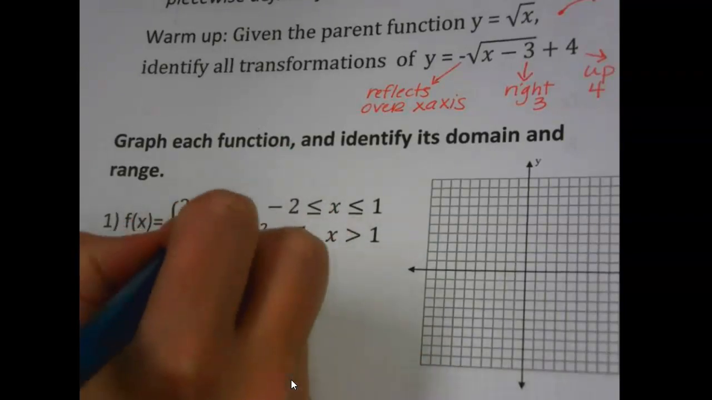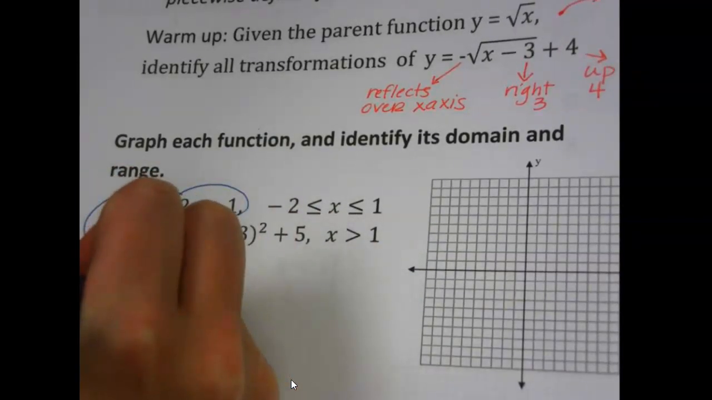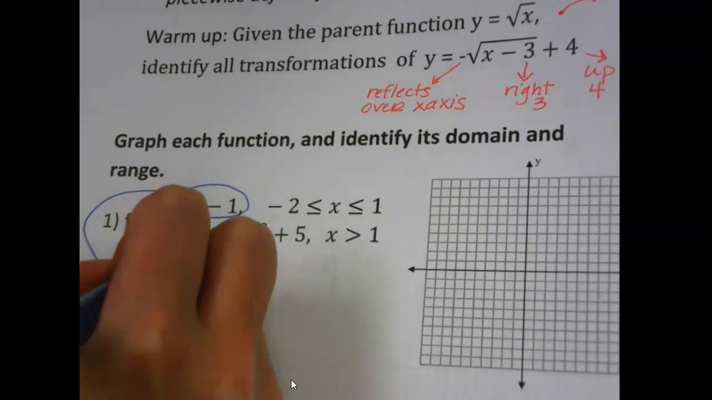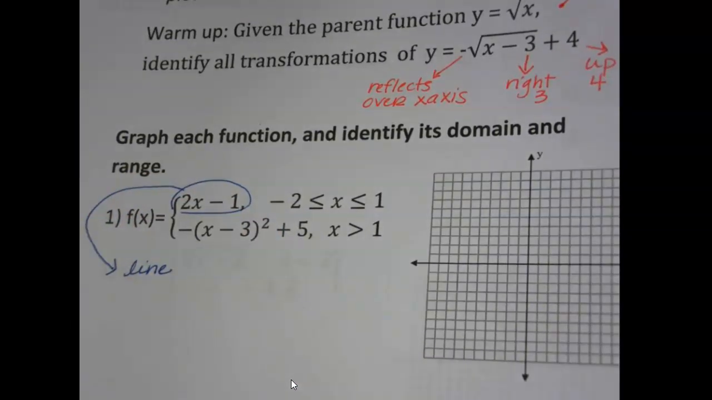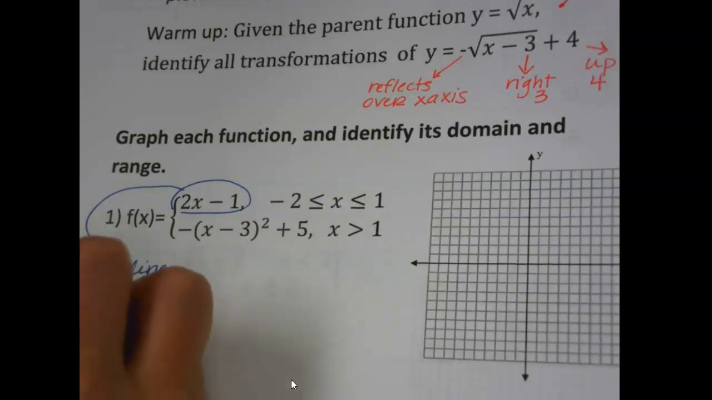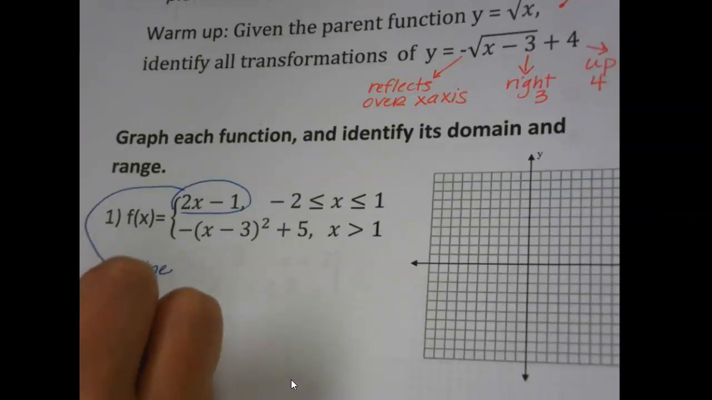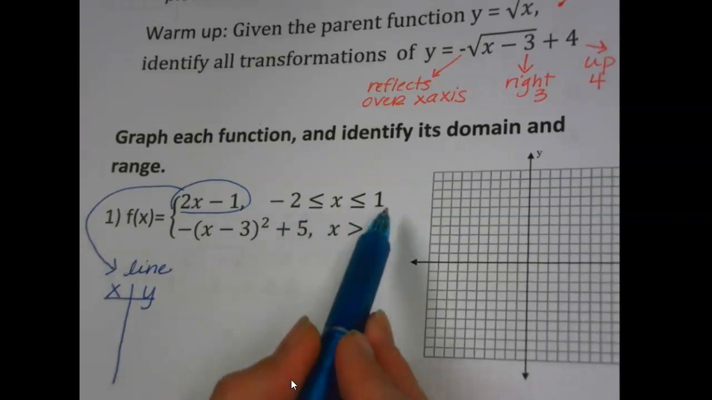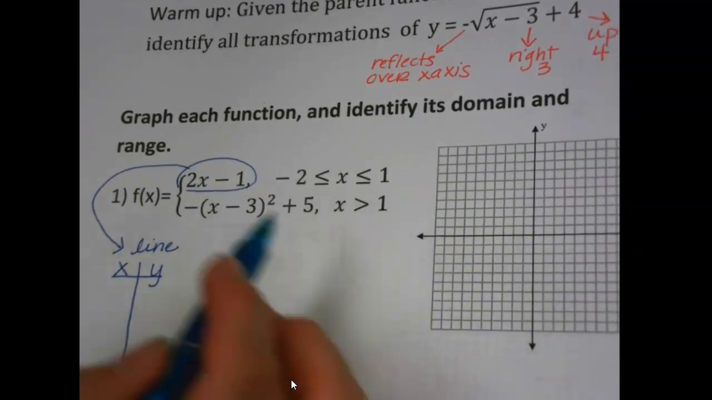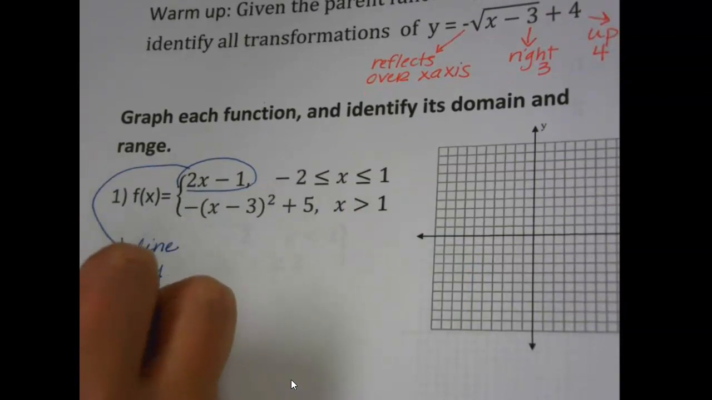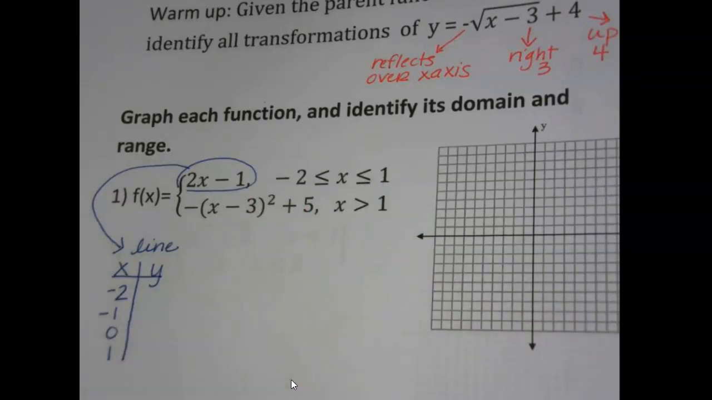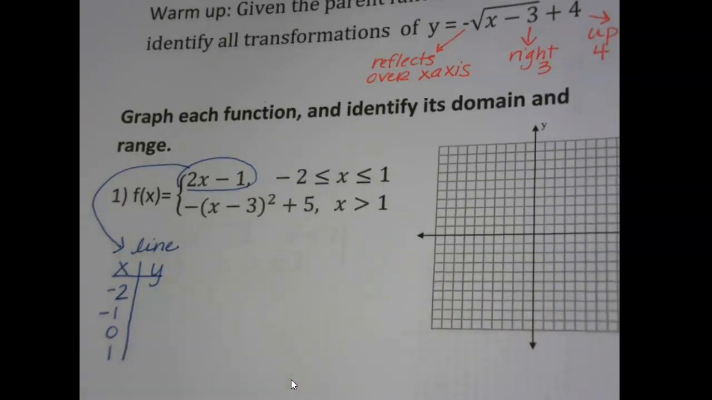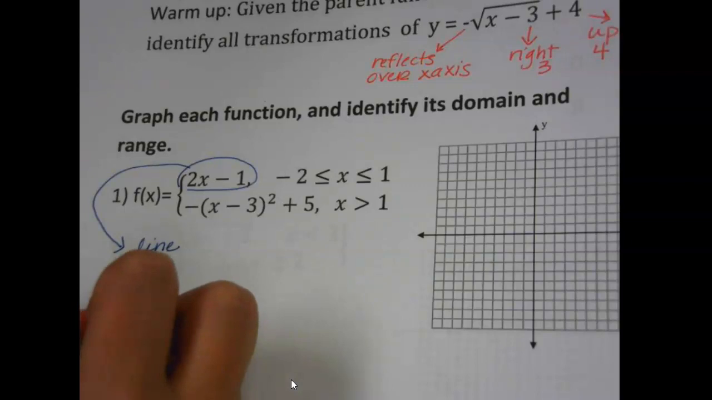This first function, hopefully you can identify, is just a line. It's linear. There's no squares, square roots, cubes, anything like that. So we want to find points that will be on that line, and we're going to use this domain to do that. So we want to start at -2 and then find some points until we get to 1 and stop. So if we substitute those into that equation there, -2 times 2 minus 1, we get -5, then -3,